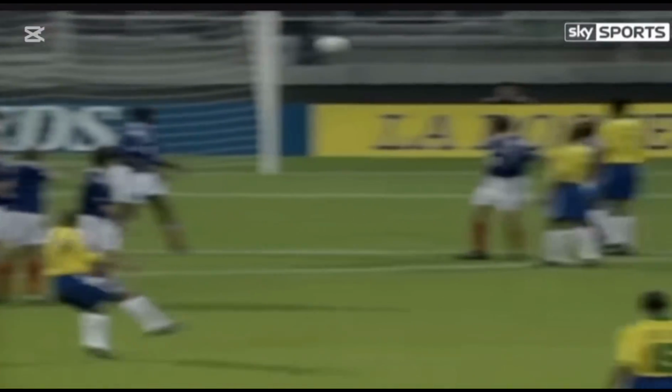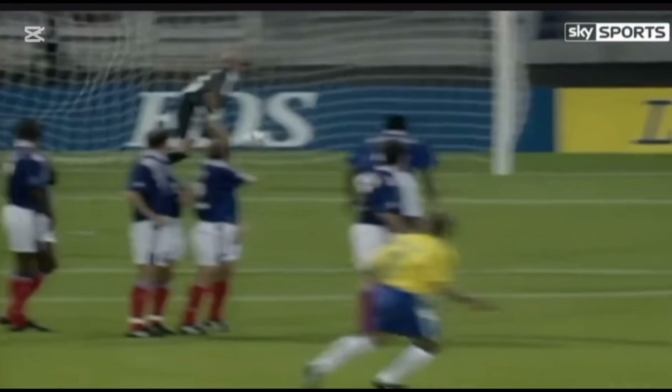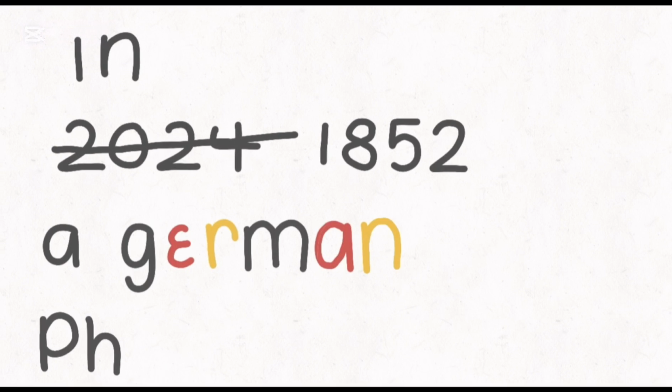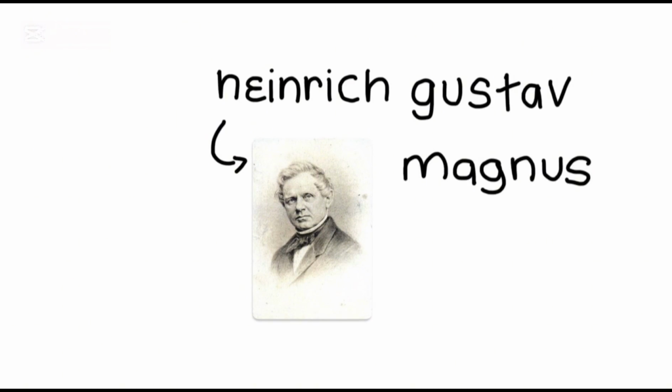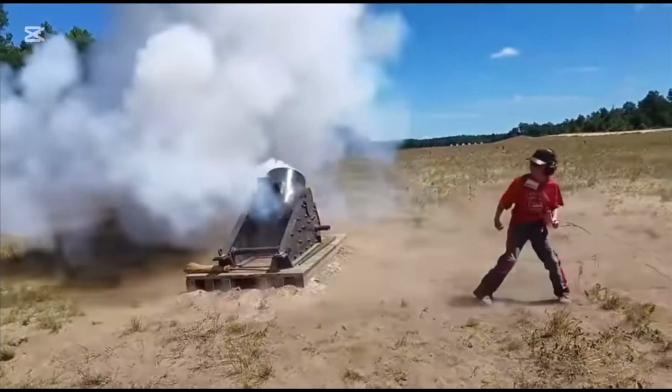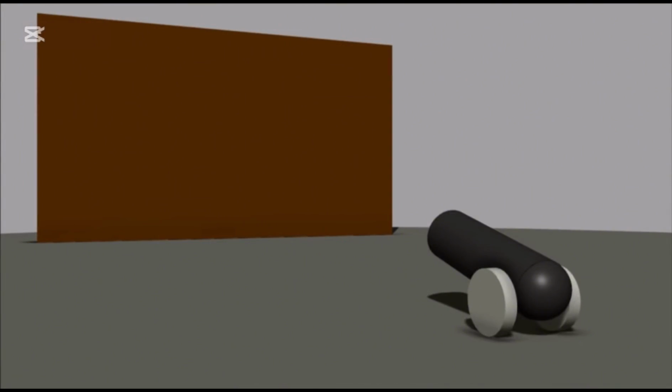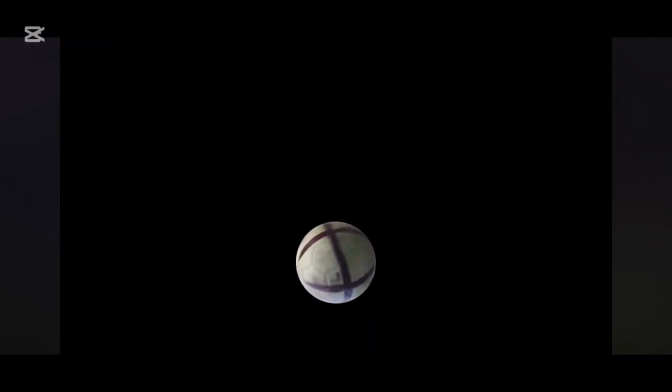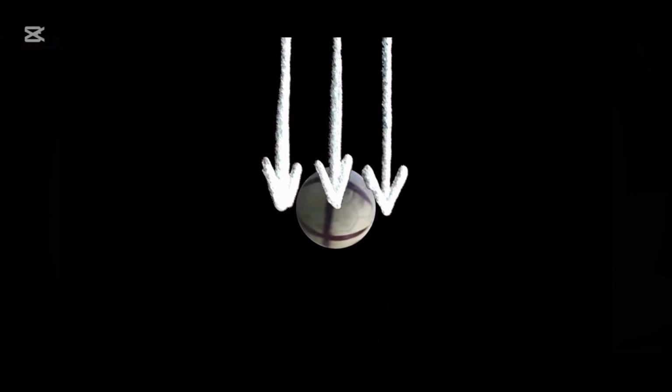How did he do that? Well, first, we have to go back to where it all started off. In 1852, a German physicist called Heinrich Gustav Magnus was trying to figure out why spinning artillery shells sometimes curved in unpredictable trajectories. The ball travelling in this direction means air is flowing across it in the opposite direction, but